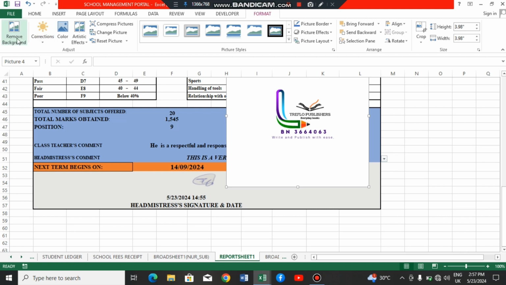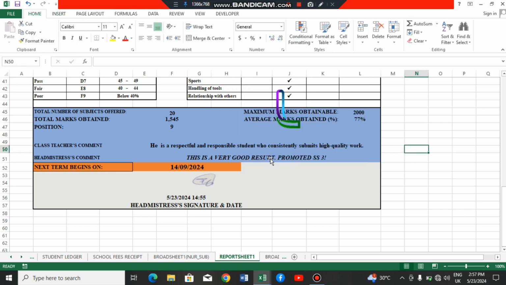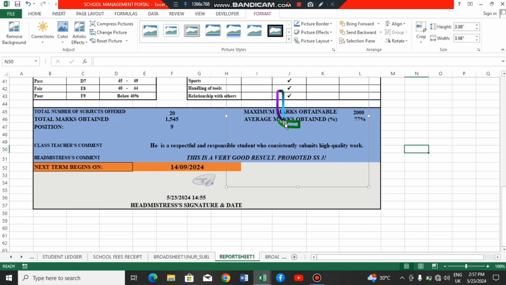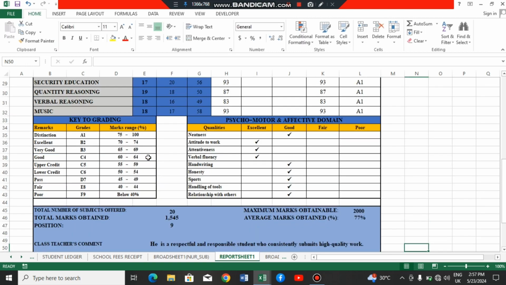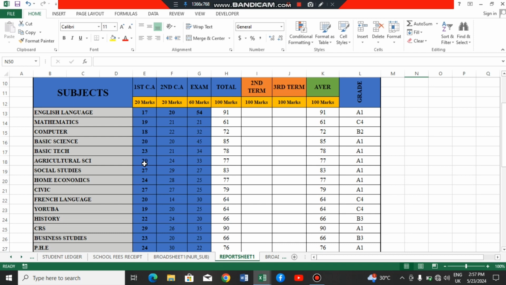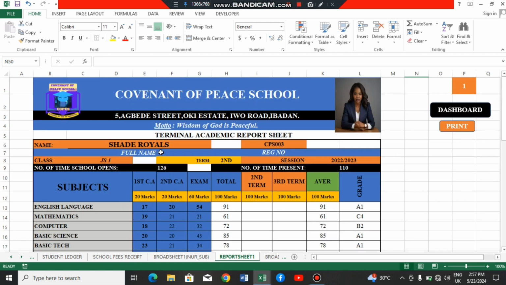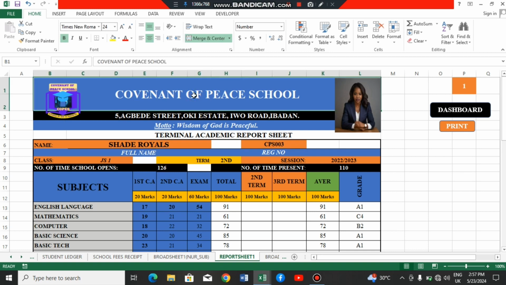I'll come to remove background. I'll click on remove background and the background will be removed for me automatically, and so I can use it wherever I wish to use it. Okay, so that insert of picture, you can use it for pictures, you can also use it for signatures, either for teachers, but of course the signature, the pictures, everything you want to insert as picture must be on your computer already. So here you just have to click on this place, just click on it once like this, and